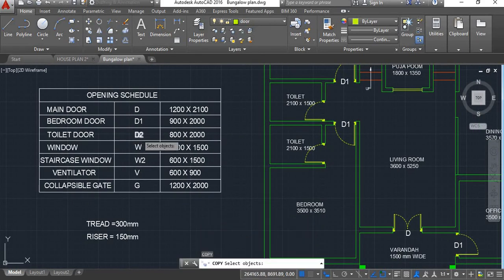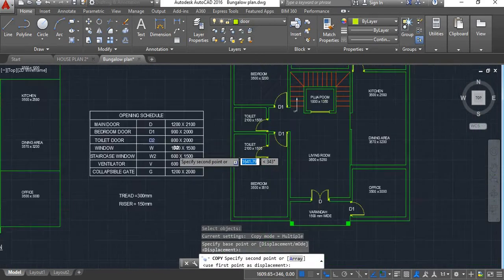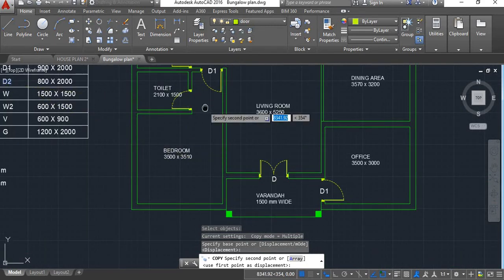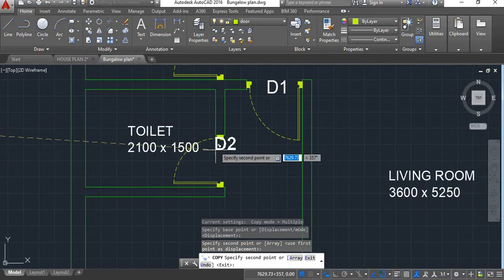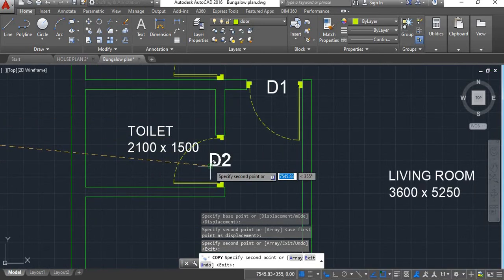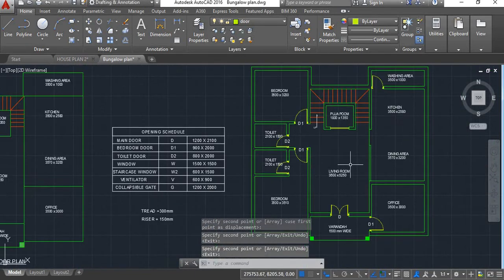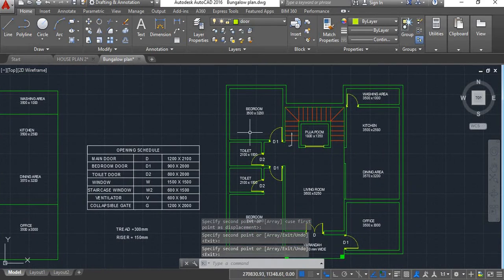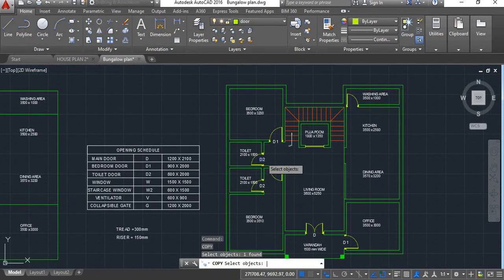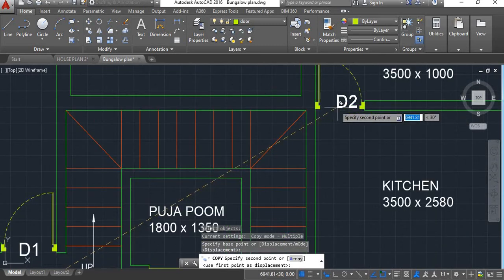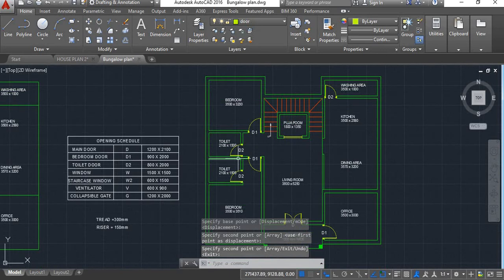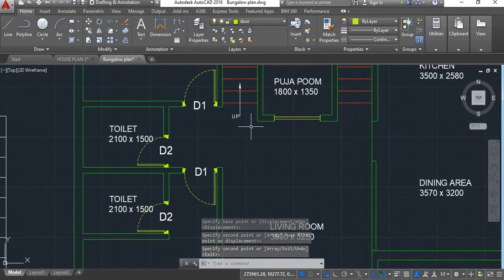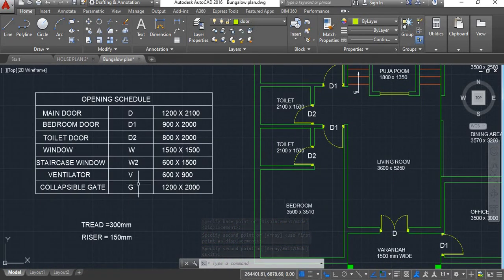Next is toilet doors. This is a collapsible gate.